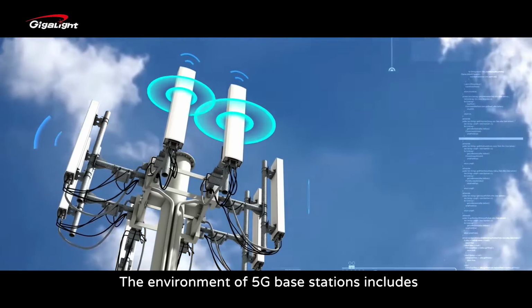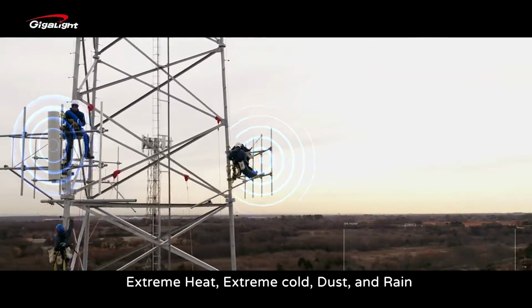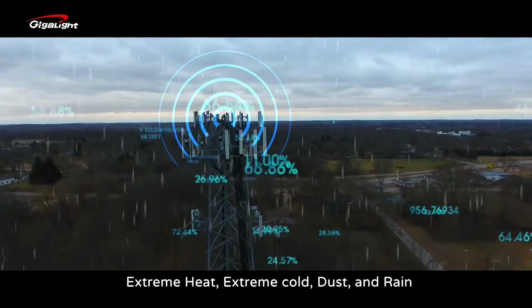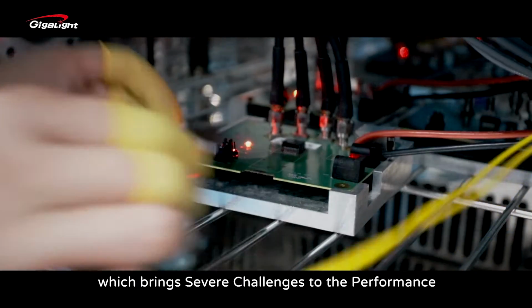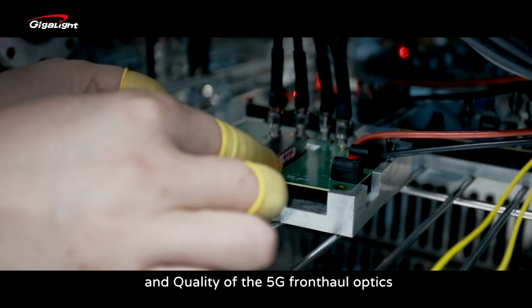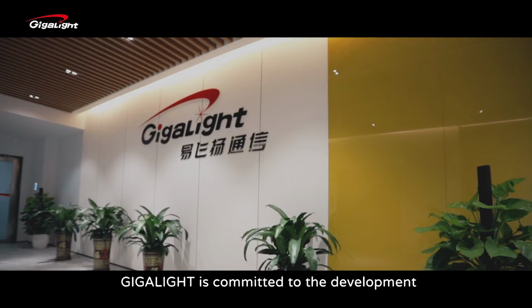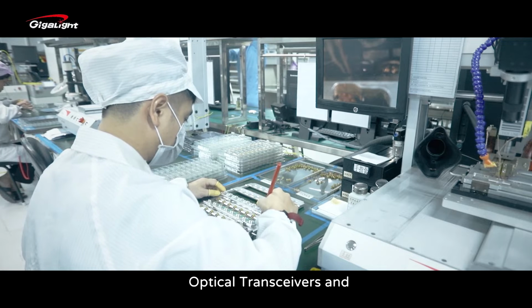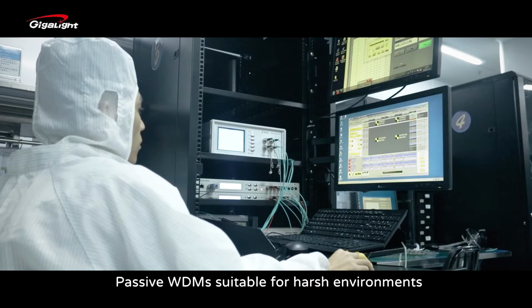The environment of 5G base stations includes extreme heat, extreme cold, dust, and rain, which brings severe challenges to the performance and quality of the 5G fronthaul optics. GIGALIGHT is committed to the development and manufacture of high-quality 5G base station optical transceivers and passive WDMs suitable for